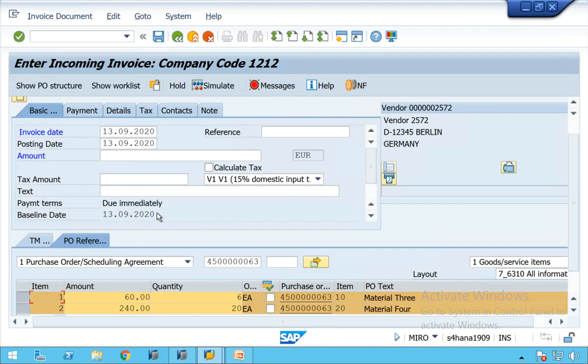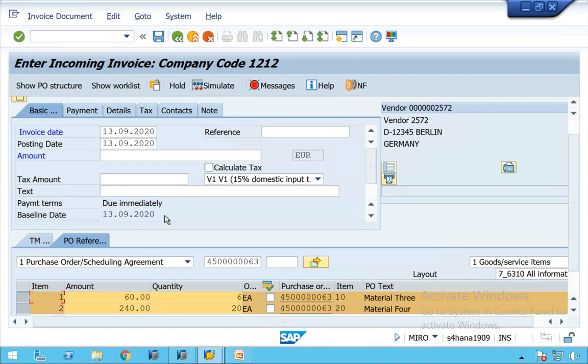Cash discounts we will examine in the invoice verification lesson. Suppose the supplier says that from the baseline date, within 10 days I'll give you 10%, within 20 days I'll give you 4%, and within 30 days you have to pay completely.